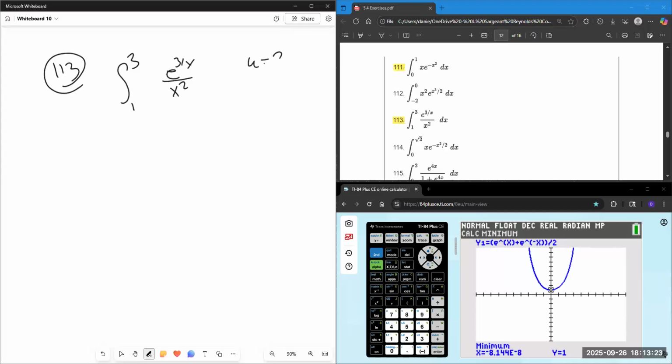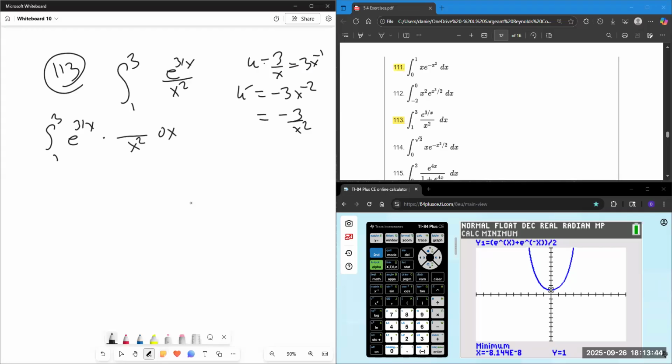U is 3 divided by x, or 3x to the negative first. U prime is a negative 3x to the negative second, or a negative 3 over x squared. So 1 to 3 e to the 3 over x times x squared dx, and I need a negative 3 here, which means I need a negative 1/3 out there to balance it out. So I have negative 1/3 e to the u du,